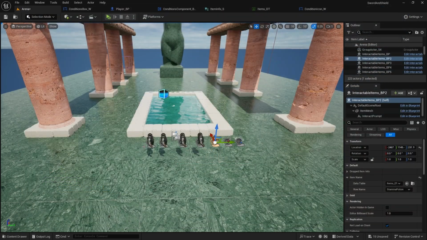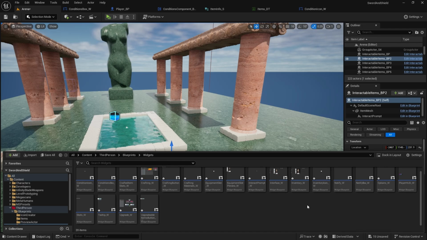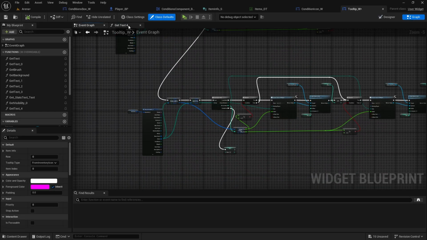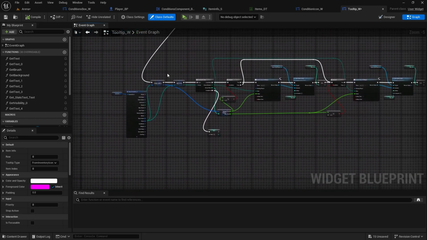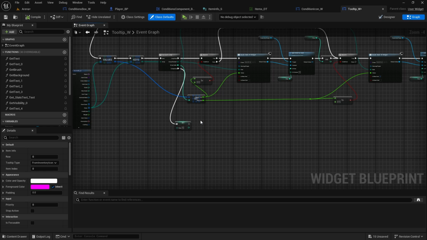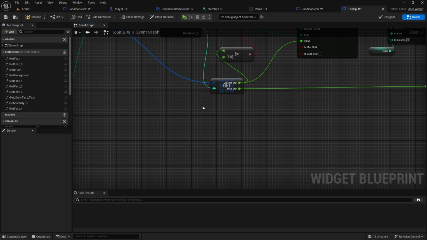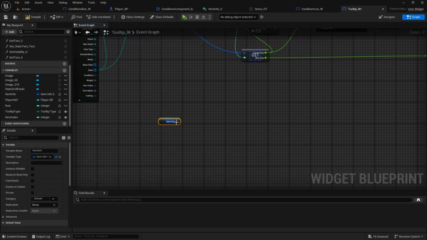Okay, and obviously at the moment we're not displaying it in the tooltip, so what we can do to change that is go to our tooltip widget, and in here in the event graph, we're creating stats here with the custom event, then we create, so first one is base stats, then the regular stats. So after here, after completed, we'll remove this set row, and we're going to get the item info again, break it open,